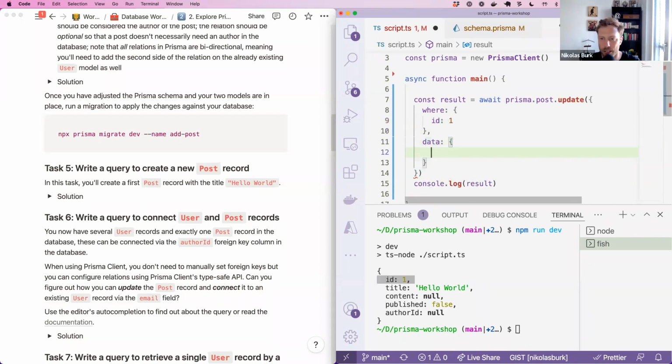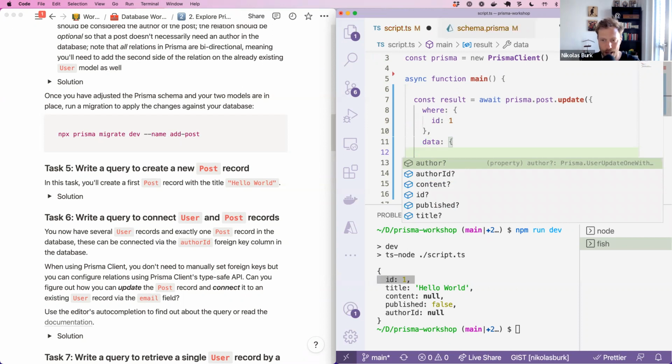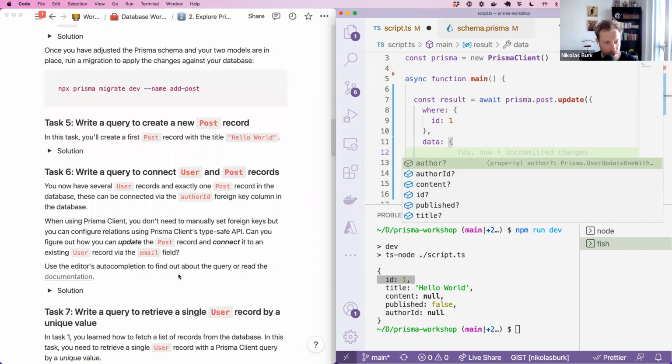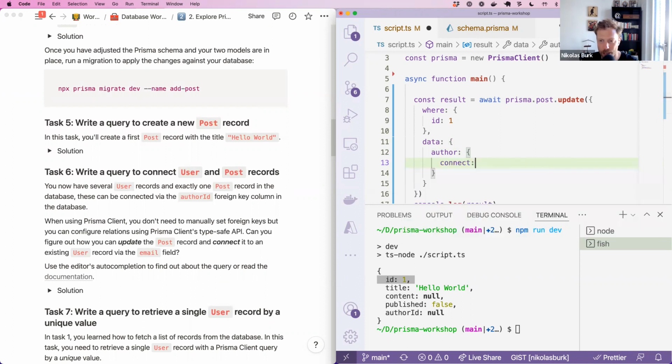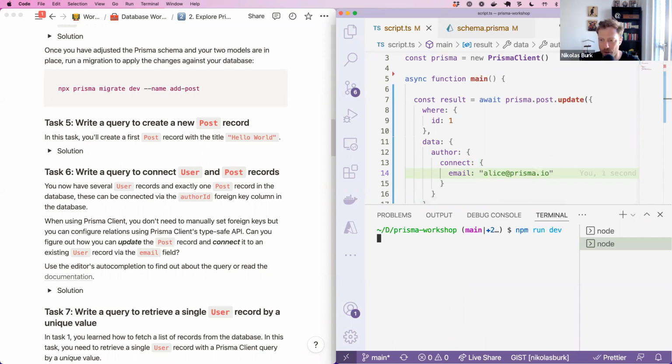And now we are starting the dance to update the post and assign an author to it. So right here, I'm using the author field, and I'm just, again, using the auto-completion to guide me through this query that I want to write. So in this case, I just want to connect the post with an author via the email field, and I'm going to assign it to the user that I had just created before, alice.prisma.io. And if I run this,